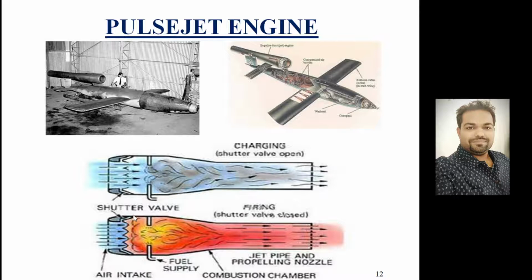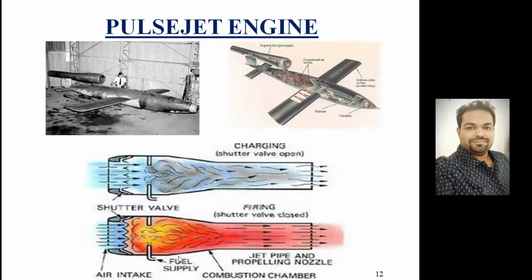So this is basically a shutter valve, which opens and closes on its own spring pressure. This is the air intake, and finally combustion is happening here. You can see the fuel supply. This is the jet pipe, where the gas expands and is finally expelled. As we have seen, there is a grid valve that can open and close on its own spring pressure. Whenever there is a pressure drop across this valve grid, the valve opens and allows fresh air to enter, and then combustion starts. Once combustion starts, it will be approximately constant volume combustion.